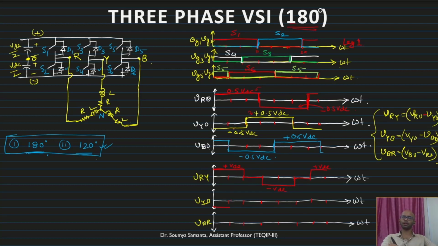Now what will happen after that? This is minus VDC, and this is again minus VDC, but there is minus plus. So for the next 60 degrees, it will be 0. Then what happens? Then this is plus VDC. Now this is plus VDC and this is minus VDC, and there is one minus here. So this will be plus 0.5 VDC. So plus 0.5 minus and another minus, this will be plus 0.5. So it will be VDC.